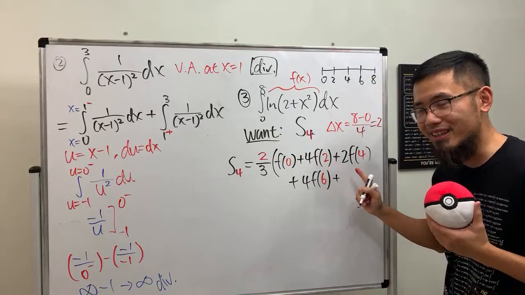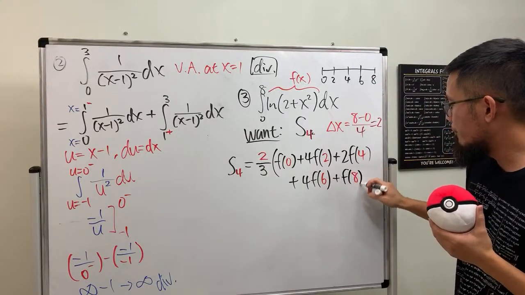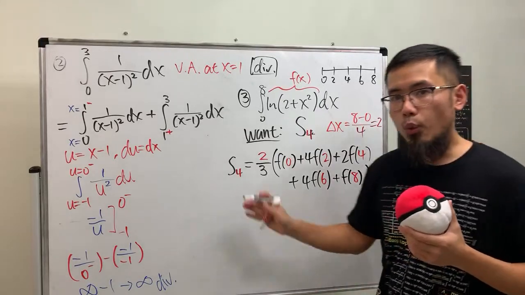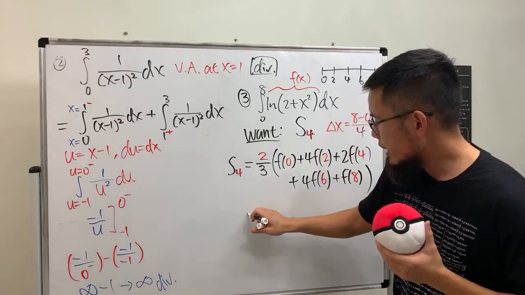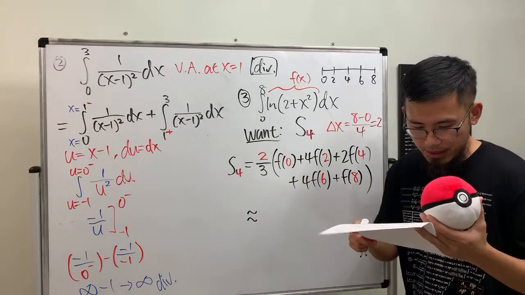You don't have to put that on anything. So just put on f of 8, like so. All right? And then work this out. You will get approximately, all right, so for this right here,